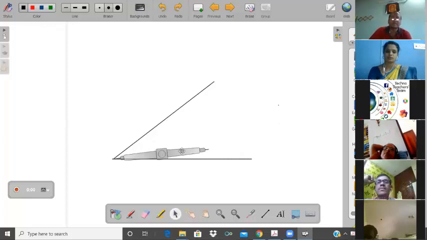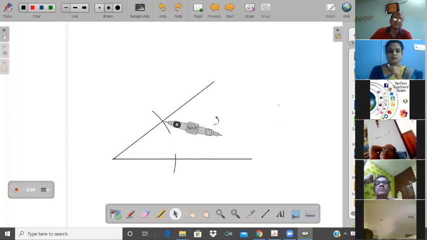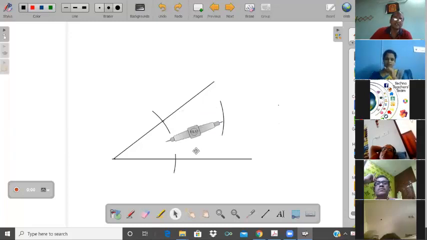Now I am going to draw the angle bisector of these two lines, this angle. I am drawing, two arcs are made. Now I take this one and put it here. I draw another arc. I didn't change the diameter.